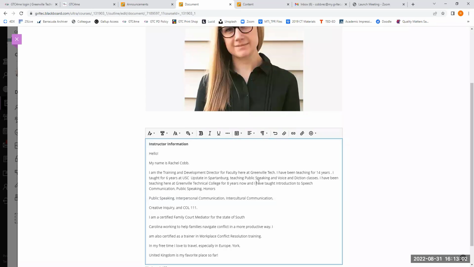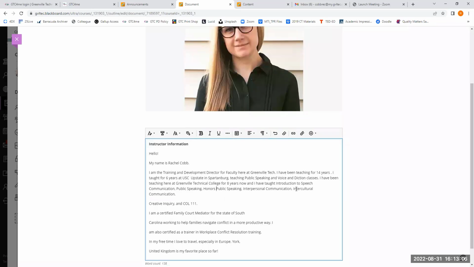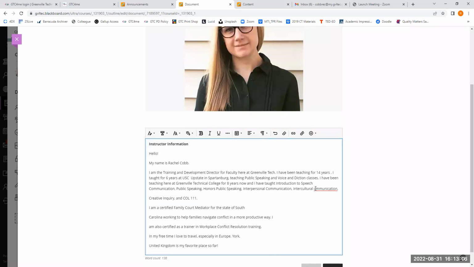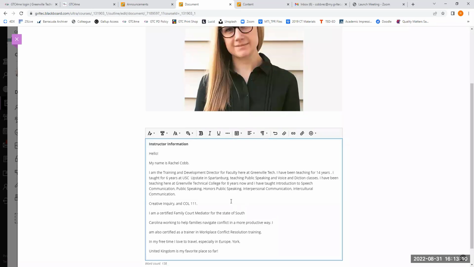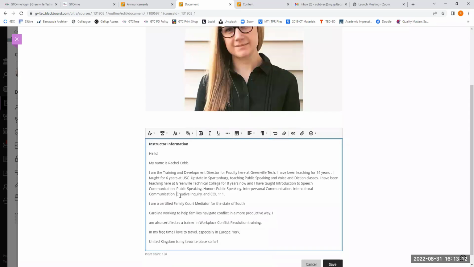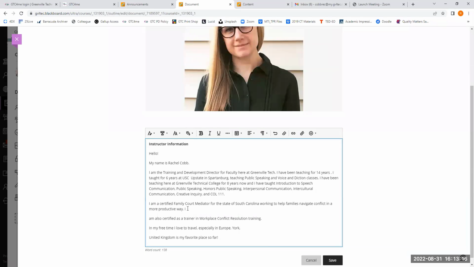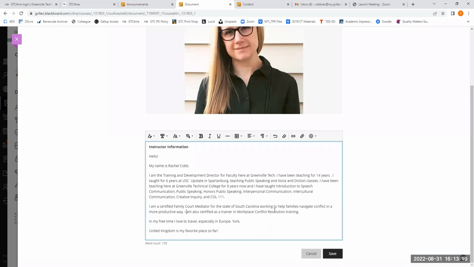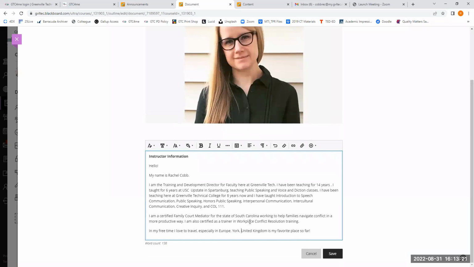So I am just quickly fixing this to make sure that it all displays clearly and easily for the students, so that it's easy to read. And there are no odd breaks in the text as well. So there we go, and I'm going to click